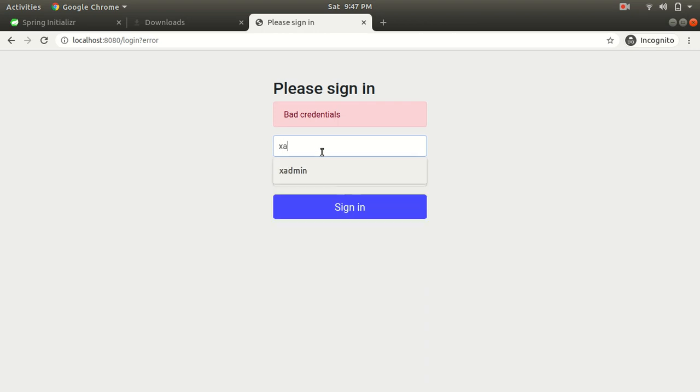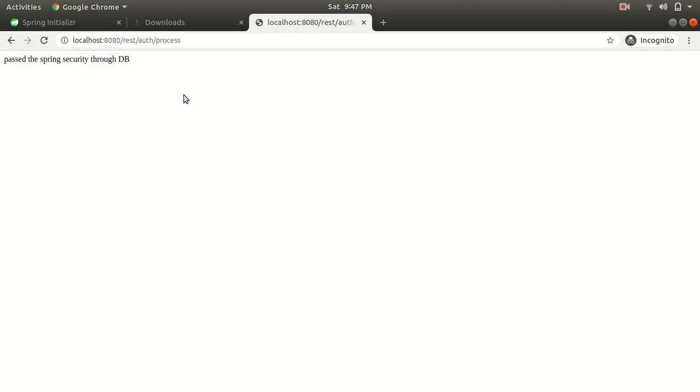Now I am going to add the correct username as xadmin, and the password is also xadmin. So let me hit the sign in button. So guys, you can see that we passed the Spring Security and we got the dummy string as a response in our browser. So it means that we have successfully enabled the authentication by using the database.